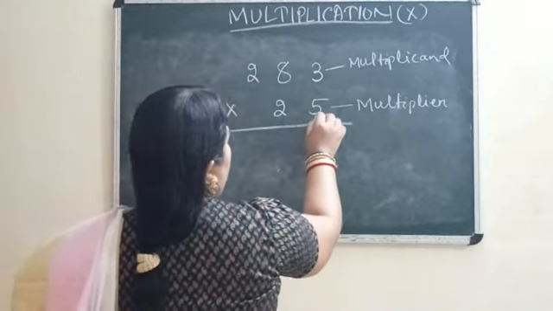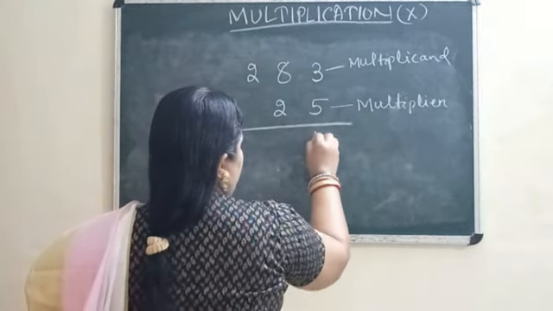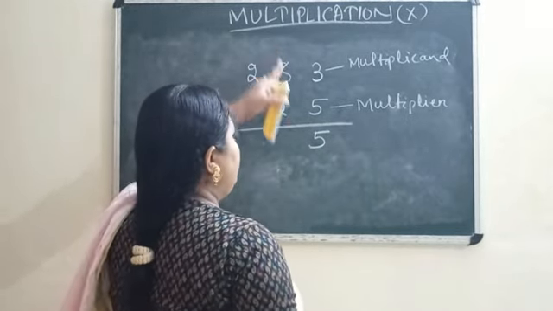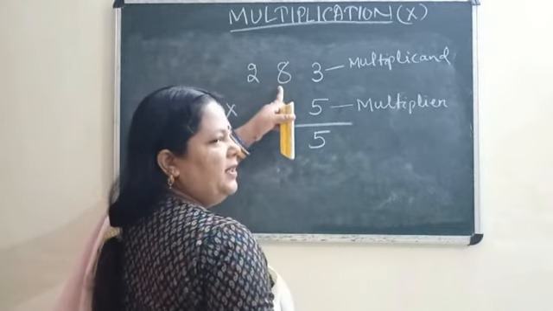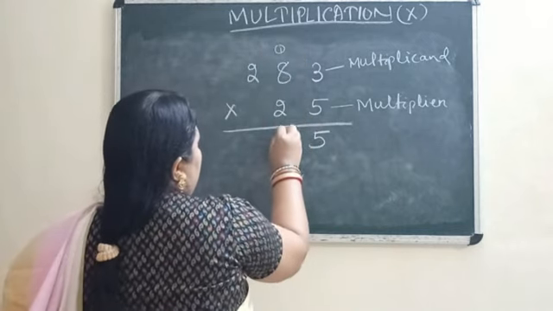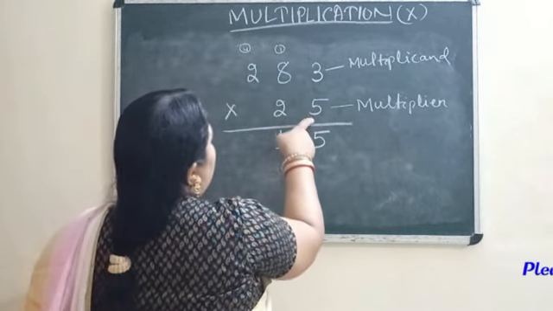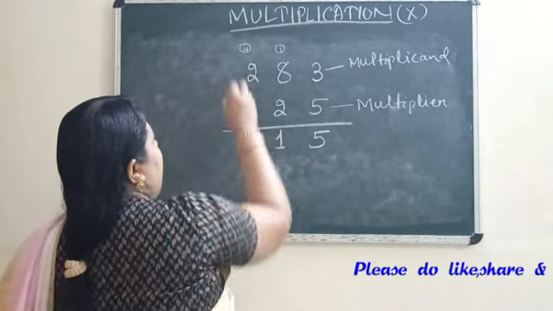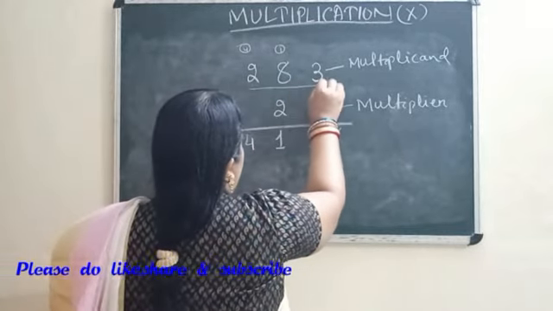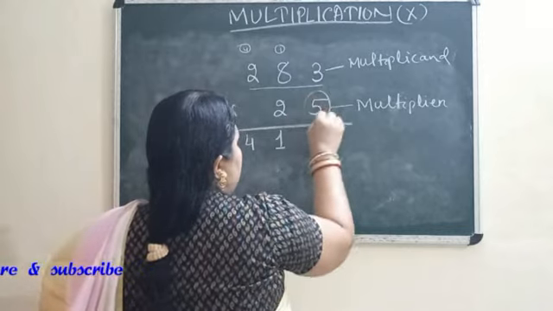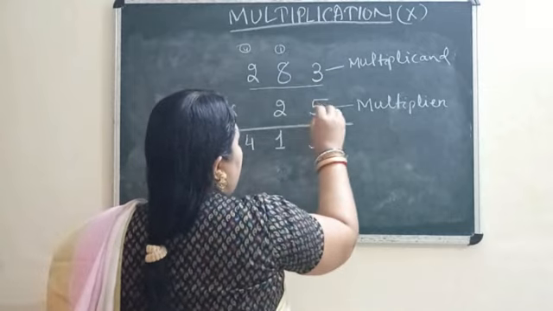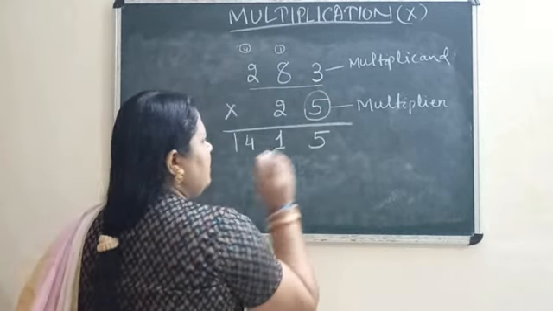So first method, you will start from ones place. 5 3s are 15. Keep here 5 and 1 will be carried forward to the tens place. Again this number you will multiply with tens place. 5 8s are 40 plus carry 1, it's coming 41. Again this 4 will be carried to hundreds place. Then you will multiply with the hundreds digit. 5 into 2 is 10, 10 plus 4 is 14. Over. That means this number you have multiplied by the ones digit. Your multiplication part is over.